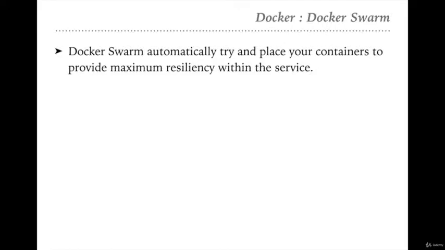Basically we have set up a cluster of three nodes, where one was the master and two were worker nodes. Docker Swarm automatically tries to place your containers across the master and worker nodes. When you spin up a service with 15 or 10 replicas, Docker will not ask you to provide the node on which the container should be placed. It will automatically manage all the things by itself.